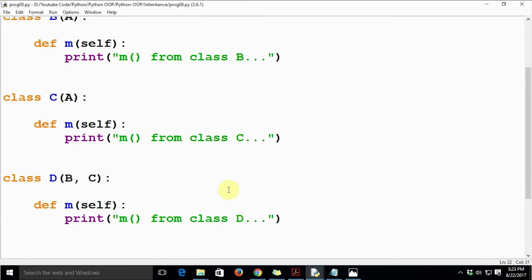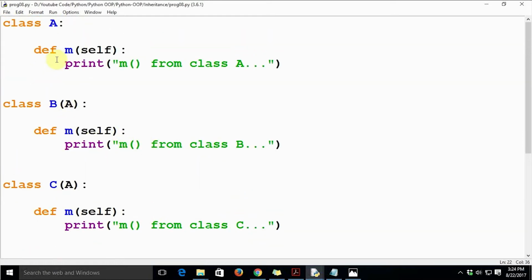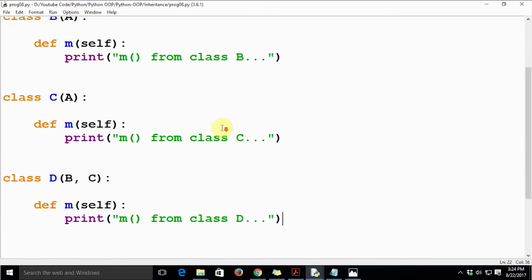Now let's make a couple of modifications to this program, because we need to access the methods of all the parent classes from the child class. There is some common functionality which is shared, and we need to avoid code reuse. That's why we are going to call all these methods here.